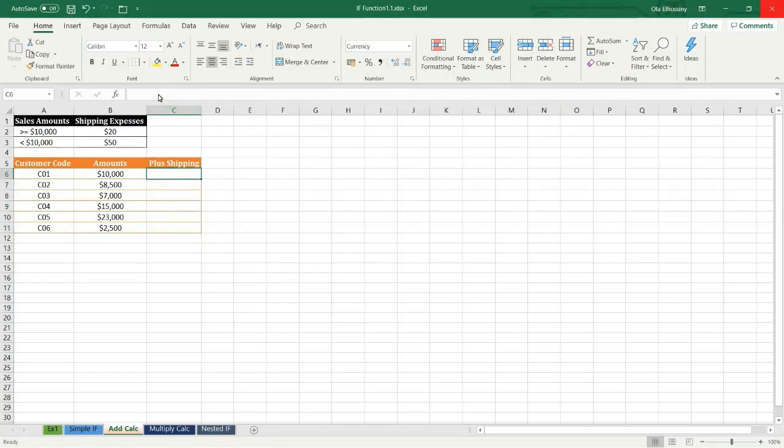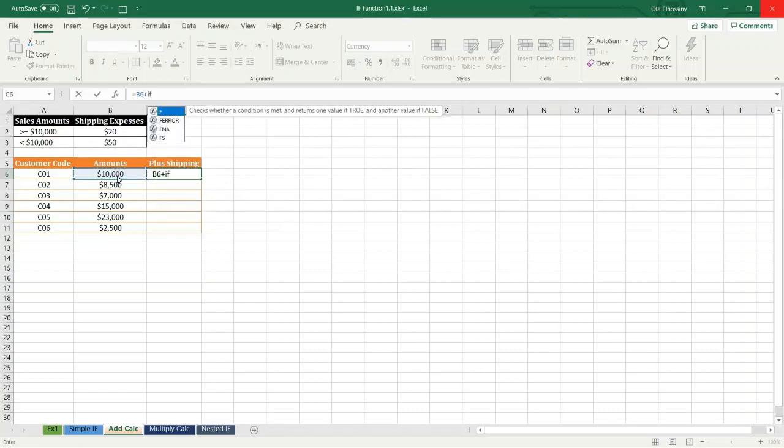In the formula bar, I type equal, then I select the sales amount, P6, plus IF, opening the parentheses, and specify my condition. So, if the sales amount greater than or equal 10,000, the shipping expenses is $20.